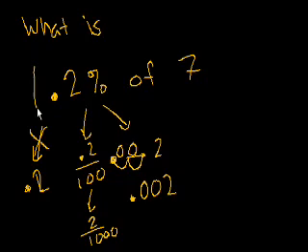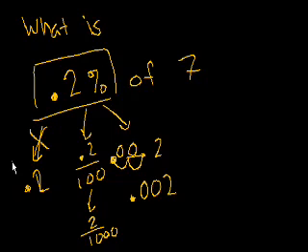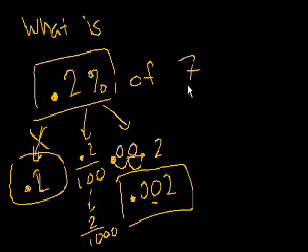This is key. 0.2% is the same thing as 0.002. This can always trip you up, and I've made this careless mistake all the time, so don't feel bad if you ever do it. But just always pay careful attention if you see a decimal and a percentage at the same time. So now that we figured out how to write this percentage as a decimal, we just have to multiply it times the number that we want to take the percentage of. So we say